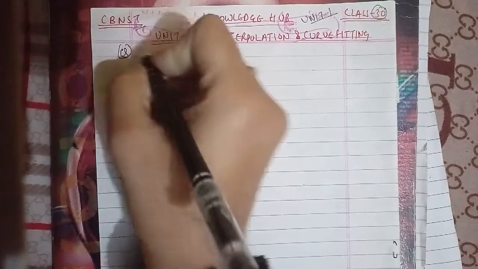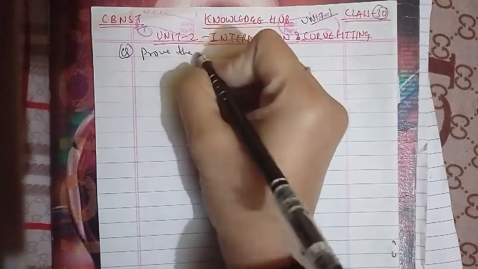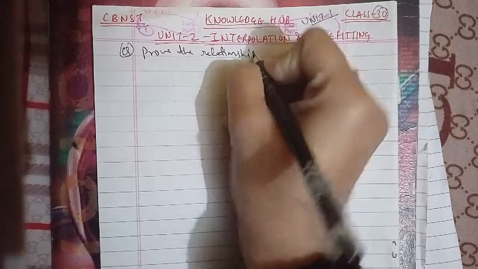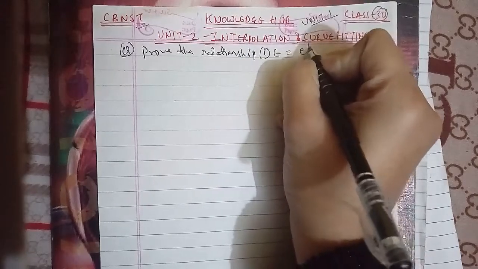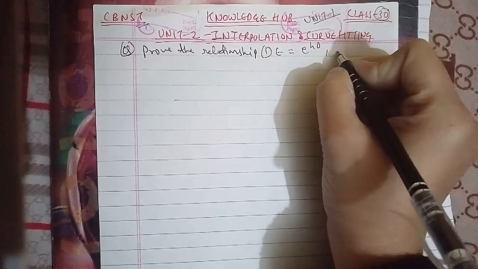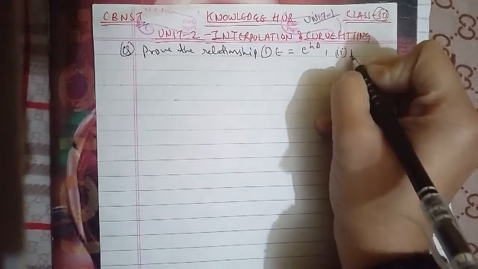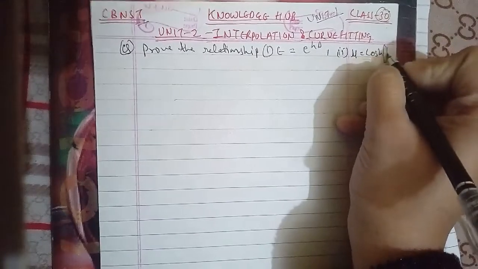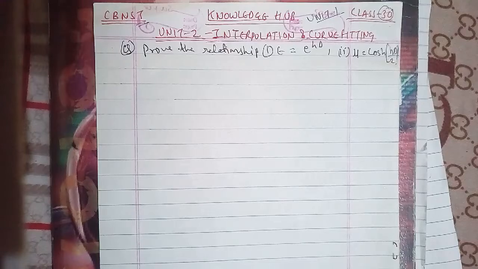The question is, prove the relationship. First, E equals e to the power hD, and second, we prove for μ equals cosh(hD/2). So by the definition of the shift operator, we know that